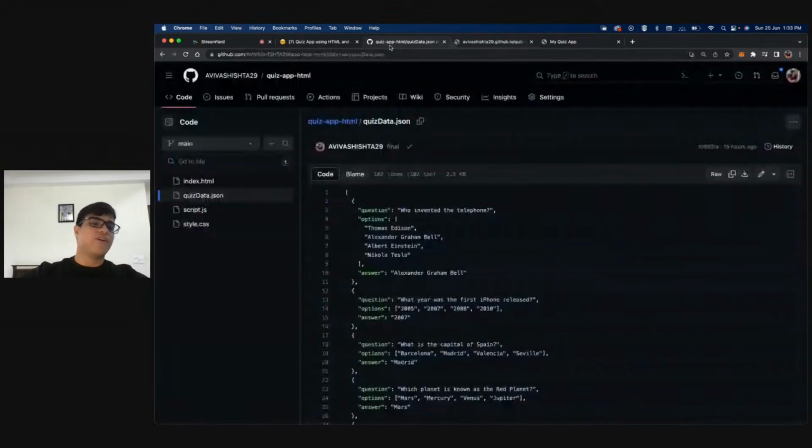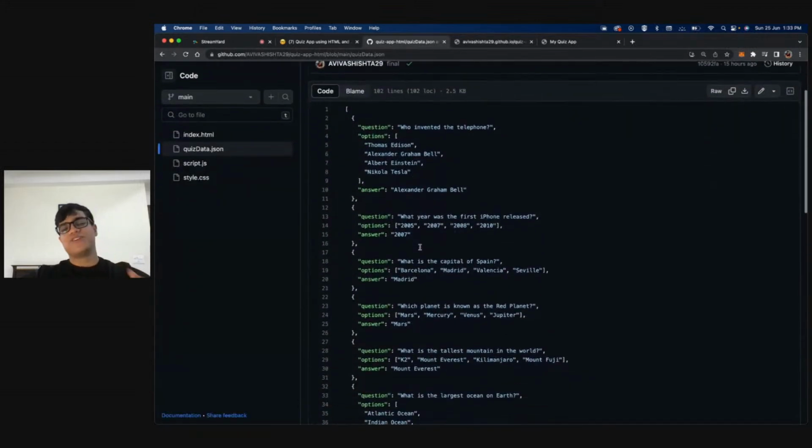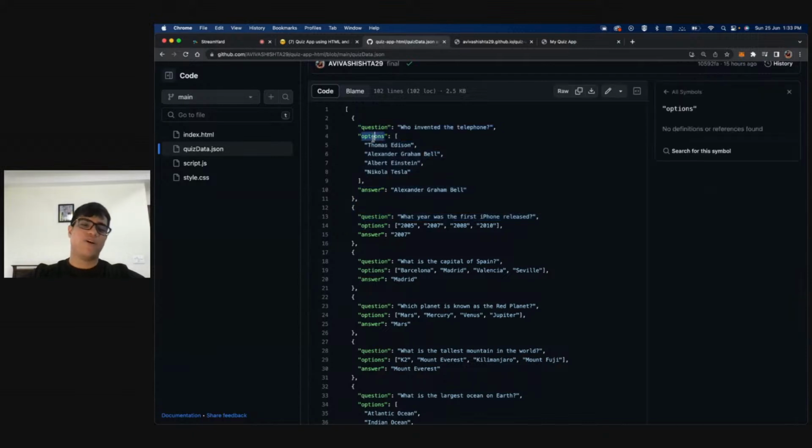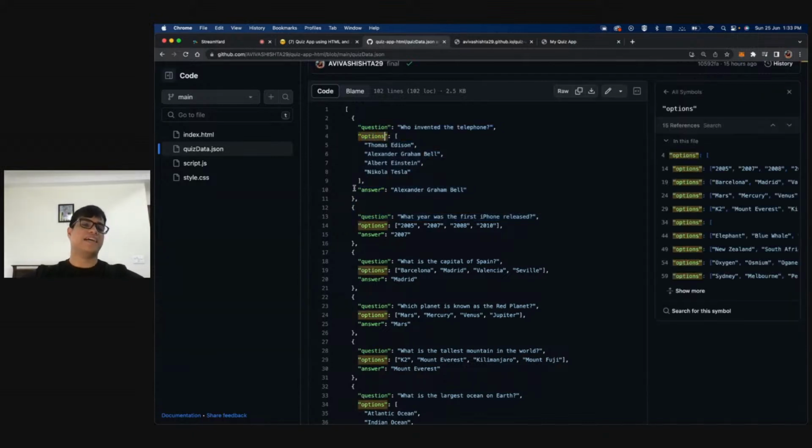The way to do that is very, very simple. What I've done is I've already created a JSON, and the JSON is nothing but a JavaScript object, basically an array containing objects, correct? And the job is also very simple. We have an array which has different objects. Every object has a question, every object has options, and every object has an answer. So whatever quiz we are on, we will see what the question is. We will show all the options, and whenever an option is clicked, right?